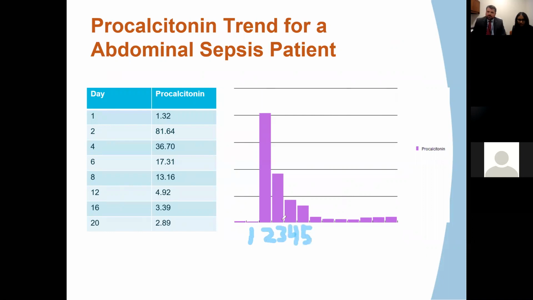Sometimes the patient will have it checked in the ER. It'll be low, and then they won't check it again, and they consult infectious disease, let's say on day 4. It will be elevated, and they will be very worried, and they'll say, "Oh my gosh, the procalcitonin is going up," and they will ask us about it,